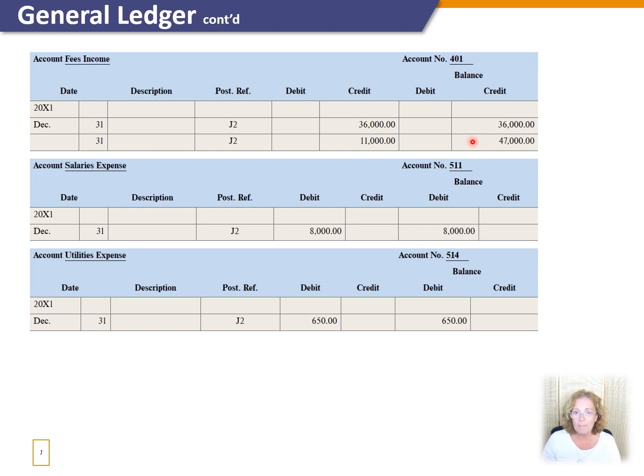The fees income general ledger account shows $47,000 in revenue, and Eli's Consulting had only two expense general ledger accounts: salaries expenses for $8,000 and utility expenses for $650. In our example, we only have a few columns in our general ledger accounts. The bigger the company, the more information is tracked in the general ledger. For instance, additional columns might be department, project, location, or legal entity if the company has multiple subsidiaries.